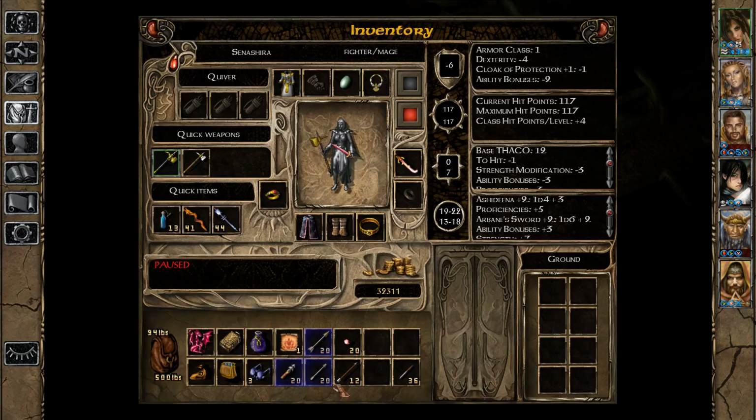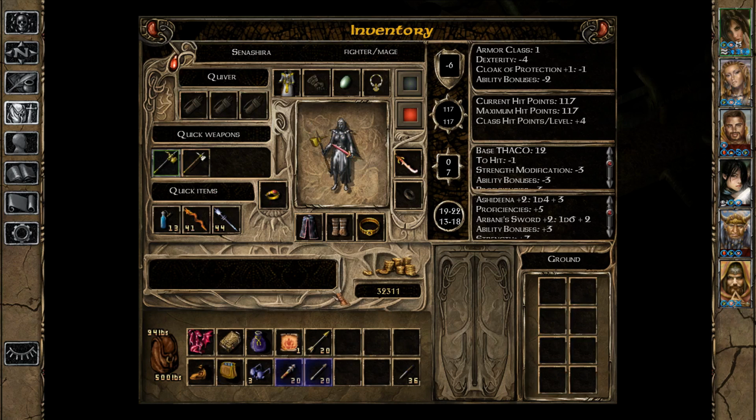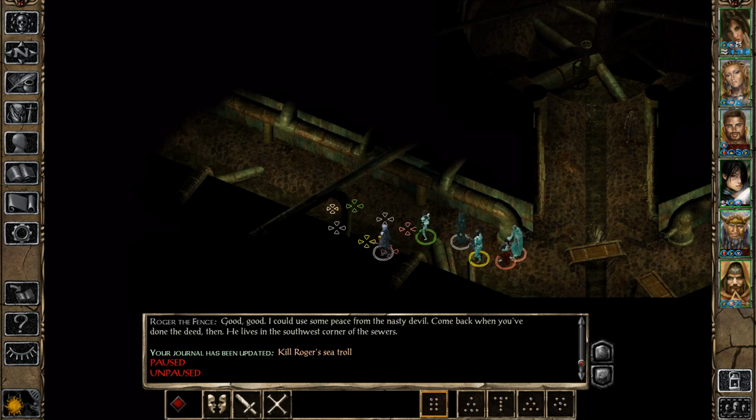Mistake. These go to the ammo belt. Alright, so we have some arrows +2, bullets +2 that Jaheira can get, some bolts +2 that we might identify and sell later, I guess, and some darts of wounding as well. Alright, and now we're going to, on the way to that sea troll,